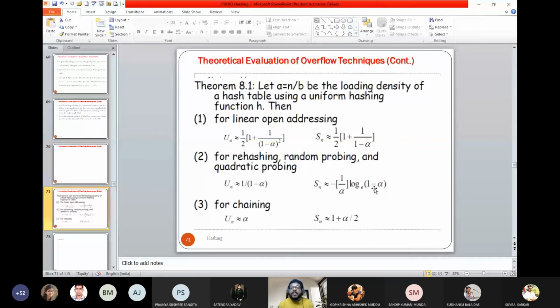If it is mentioned that your table size is given and loading density, or loading density is given, or table size given and number of keys to be stored, you can calculate alpha. You look into all these formulas, alpha will be n divided by sb, and then you will be asked simply to calculate the time or number of probes required for successful search or unsuccessful search. Okay, that's all from my side.